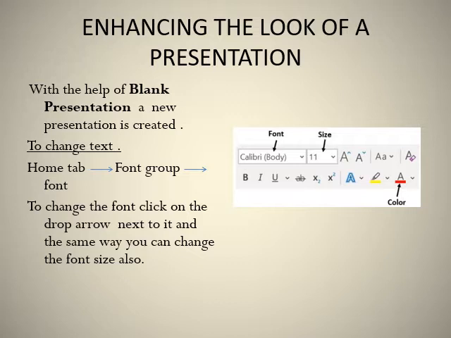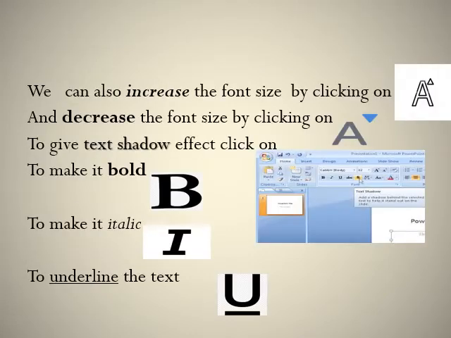And in the color option, we can select the font color also. These two icons are there, with the help of which we can increase and decrease the font size. To increase the font size, we will click on this one, and to decrease the font size, we will click here.